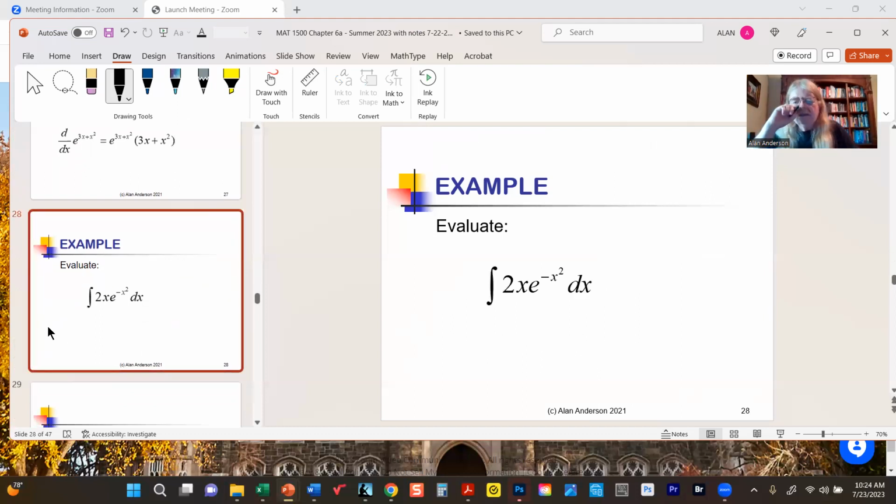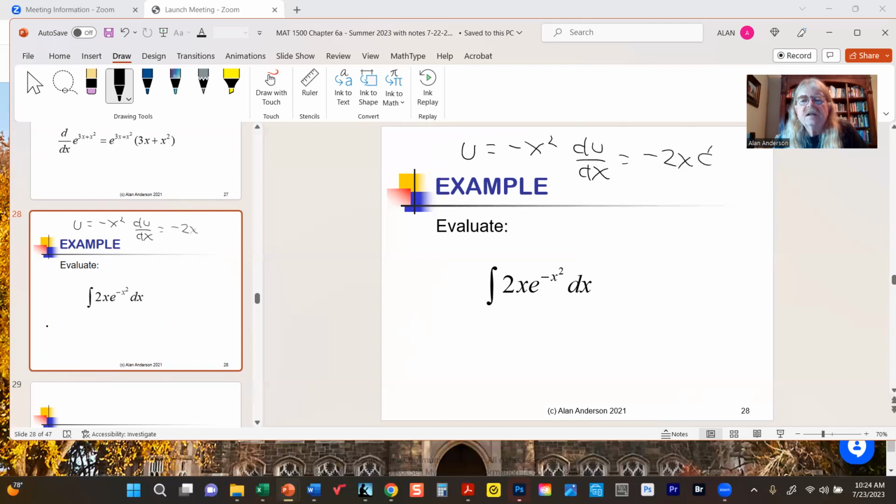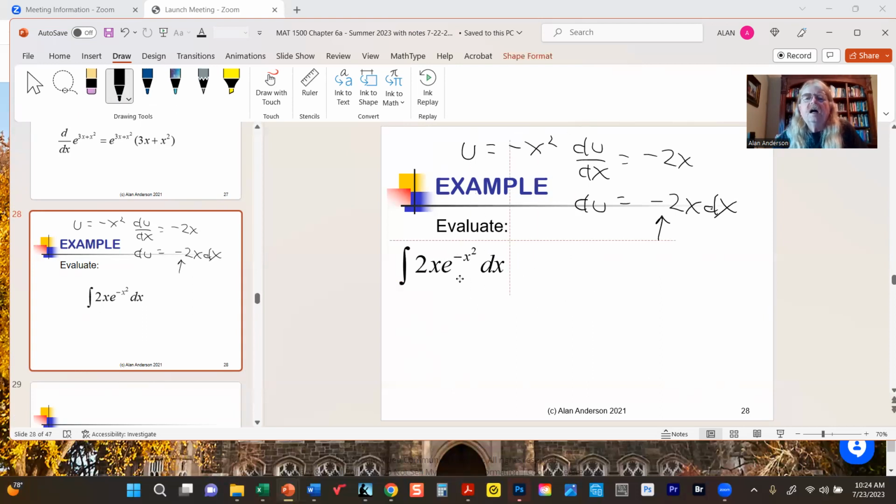Now here's another one. Now here we may not need to bother with any rearrangements, because if you notice, if we let u equal minus x squared, then du dx would simply be minus 2x dx. We don't have minus 2x dx, but we're awfully close. Whoops, sorry, I wrote this wrong. Yeah, all we're missing is the negative. We do need to supply this negative. Other than that, we're good. Okay, so we'll have